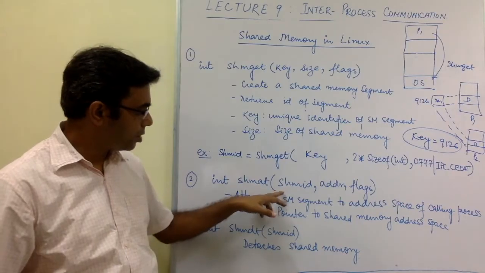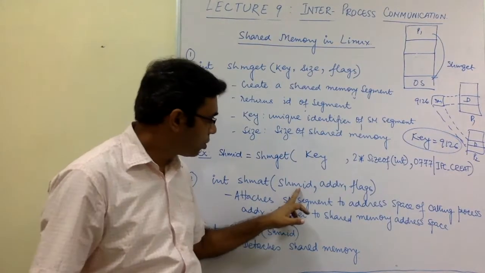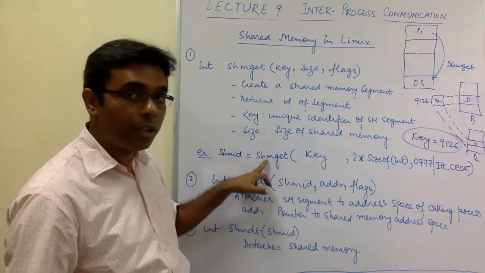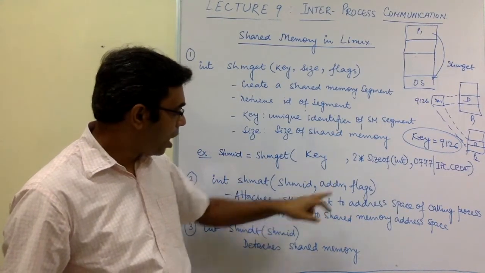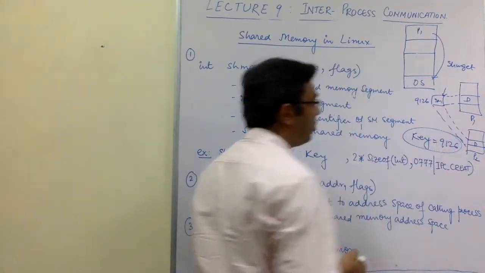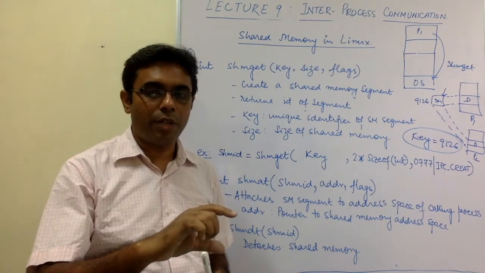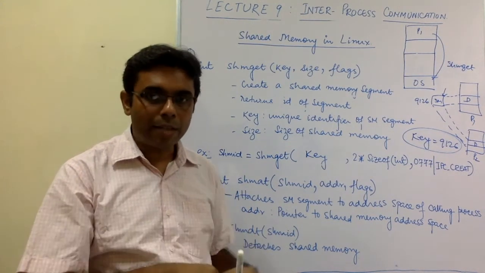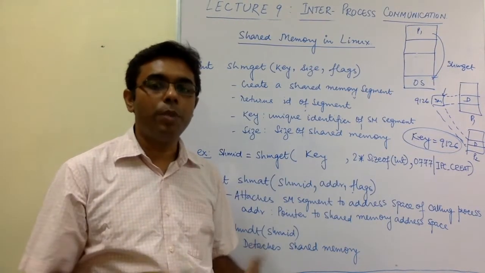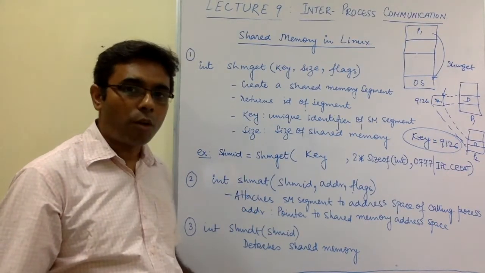So what are the parameters of this? What you need to pass to shmat is the ID of the shared memory that has been created, which was obtained by using shmget. Then a pointer to the shared memory address space. A pointer to that should be passed so that both the processes would be able to know that this is the address range from where it will be attached to my address space. So you need a pointer for that, and obviously some flags, that is how we will be working with that particular address space. So this is the typical usage of